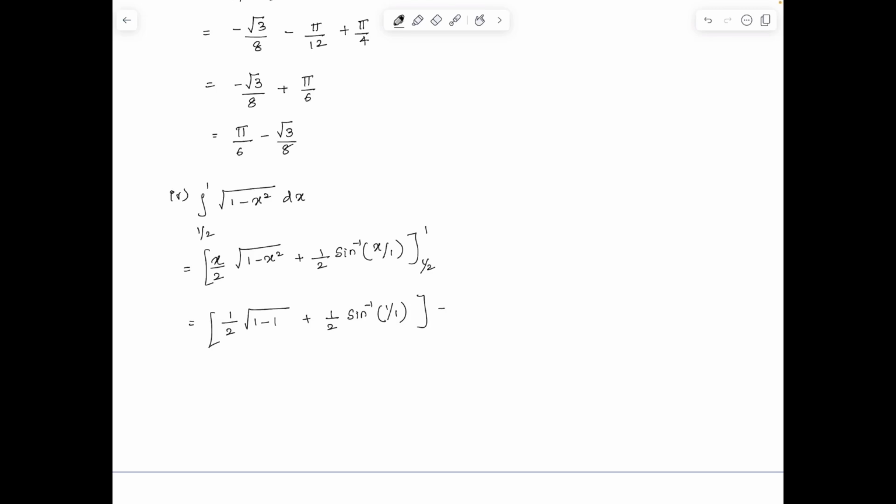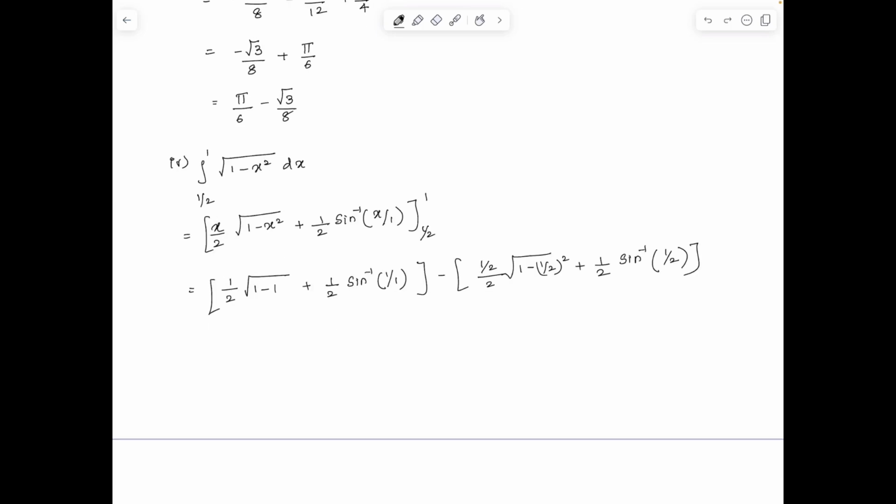minus, applying the lower limit, half by 2 root 1 minus half square plus 1 by 2 sine inverse of half by 1. The first term becomes 0, and in the second term we have half times sine inverse of 1, which is pi by 2,